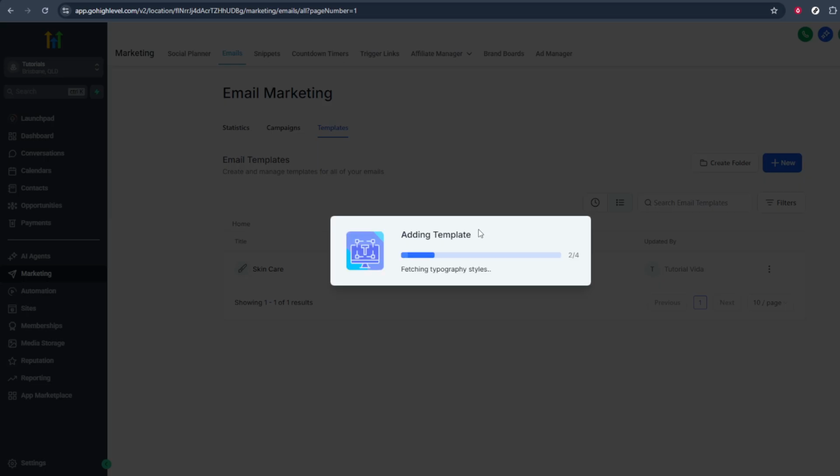You'll now see a selection of templates. Choose the one that best matches the structure you want. It can be a simple layout or something more complex. Remember, the element you're going to save can be a section, a row, or a specific block like a button,